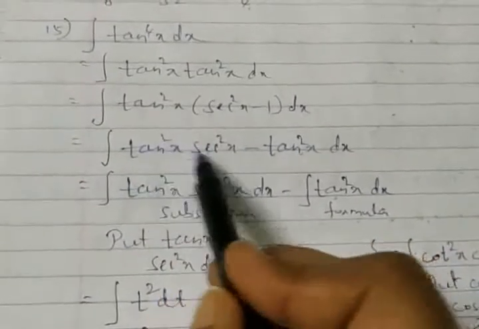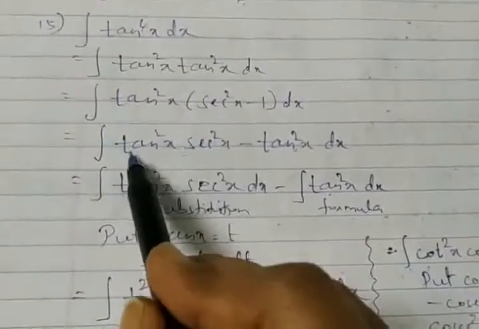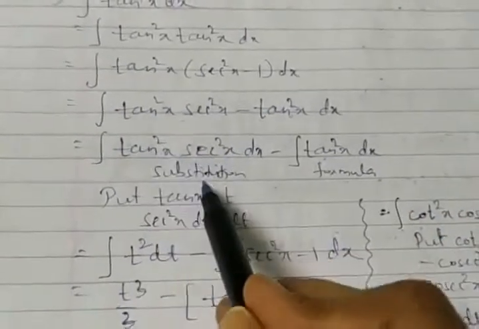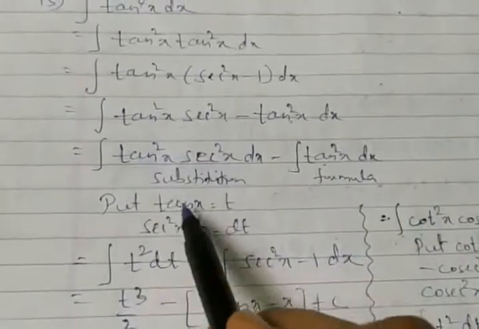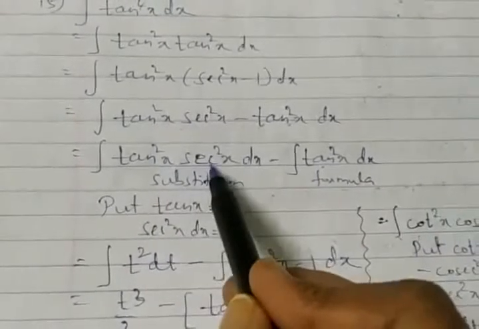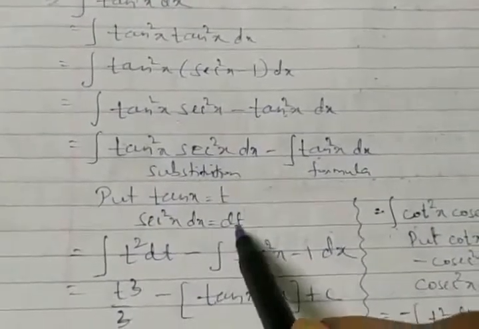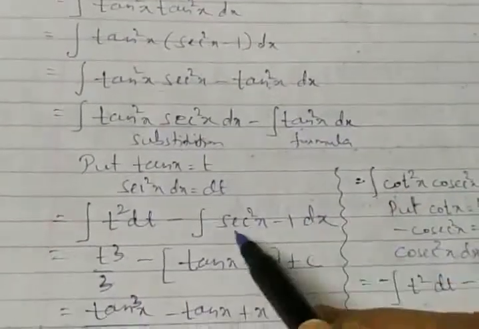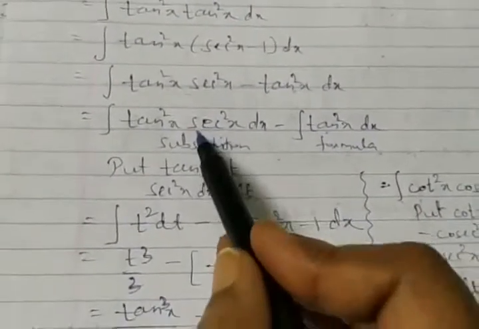But what about this? Here we can claim for substitution. This integration is taken separately. This is to be taken for substitution. Put tan x is equal to t. Differentiation of tan x is secant square, which can be balanced. Whereas tan square x is to be taken as secant square x minus 1. So this will be done in the substitution.